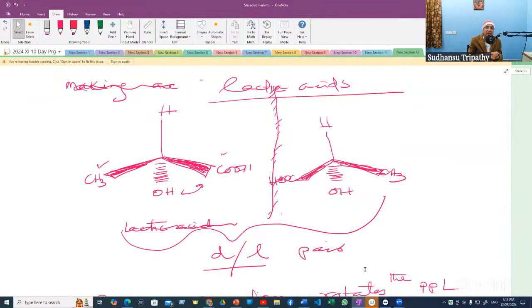Often, when we prepare lactic acid by some chemical method, we land at a DL mixture. Whenever a new chiral center is synthesized,